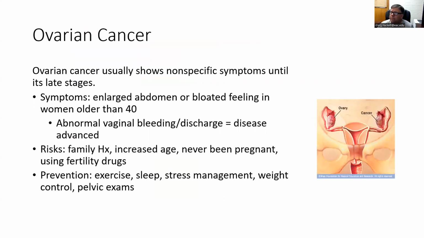All right, ovarian cancer, non-specific symptoms until the late stages as well on this one. Some risk factors are family history, the older you get, and if you've never been pregnant. Make sure that you're getting regular exams. This is really important, as long as everything is on its normal cycle. So if things start to change, like your menstrual cycles change, then you might have an issue. So once again, just being aware of your body is kind of the point throughout. Things change as you get older, so being aware of those changes is important.